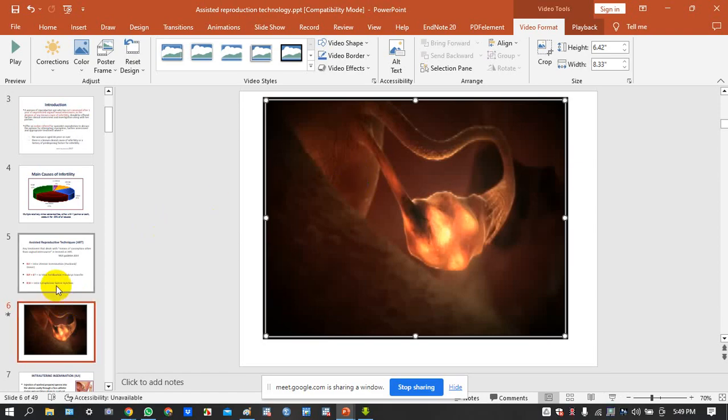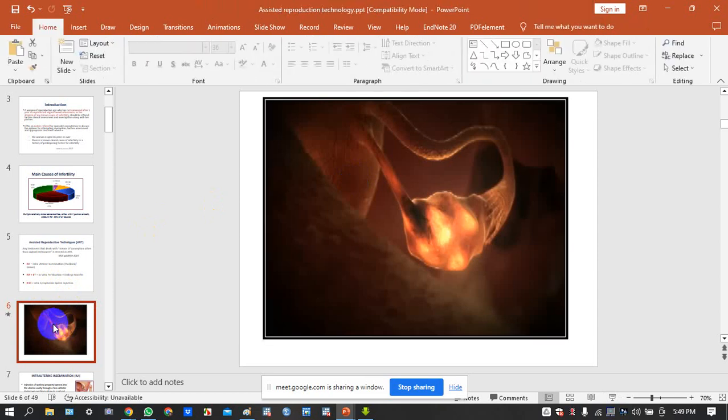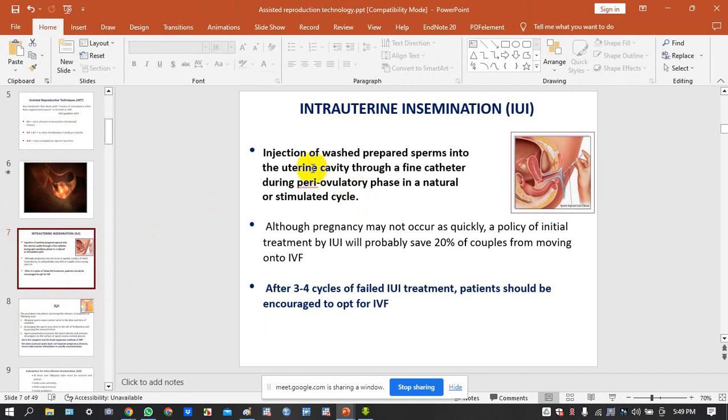Okay, so we are back. We've seen intrauterine insemination. Okay, so let's go into intrauterine insemination. So intrauterine insemination is the injection of washed